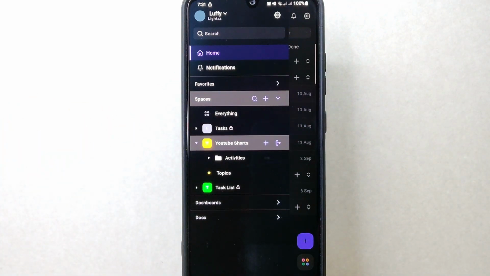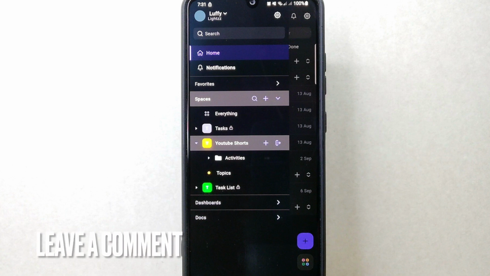There you go. If you wanted to know how to archive a folder in ClickUp, that is the easiest way I know how. If you know another way to archive a folder in ClickUp,